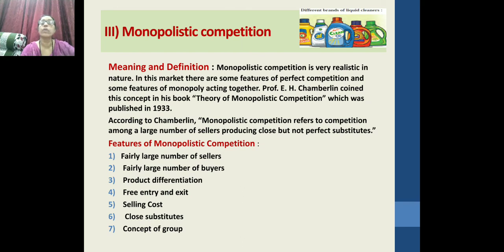Concept of group. Under monopolistic competition, Chamberlin introduced the concept of group in place of industry. Industry means a number of firms producing an identical product. A group means a number of firms producing different products which are closely related. For example, the group of firms producing medicine and automobiles, etc. Now, students, when we discuss this concept of group, we know that when we go to